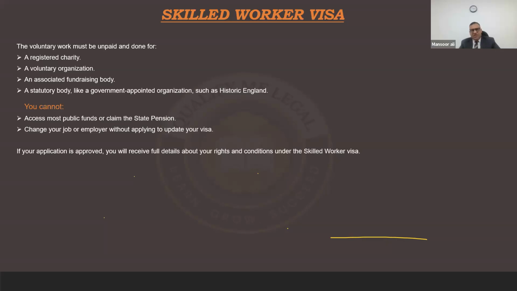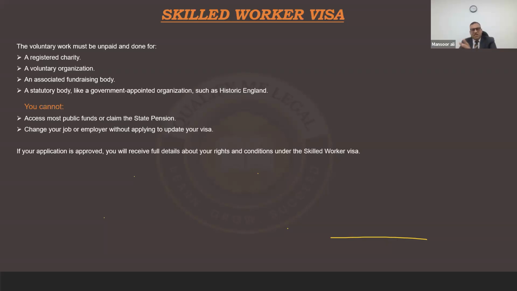Without getting a license from the Home Office, they cannot employ any third party from within the UK or from outside the UK. Once they have a license, they can employ two types of people. They have two categories: defined COS and undefined. Defined are basically those people who are going to come from outside the UK, and undefined are basically those people who can join that specific employer from within the UK. So this is the whole crux.